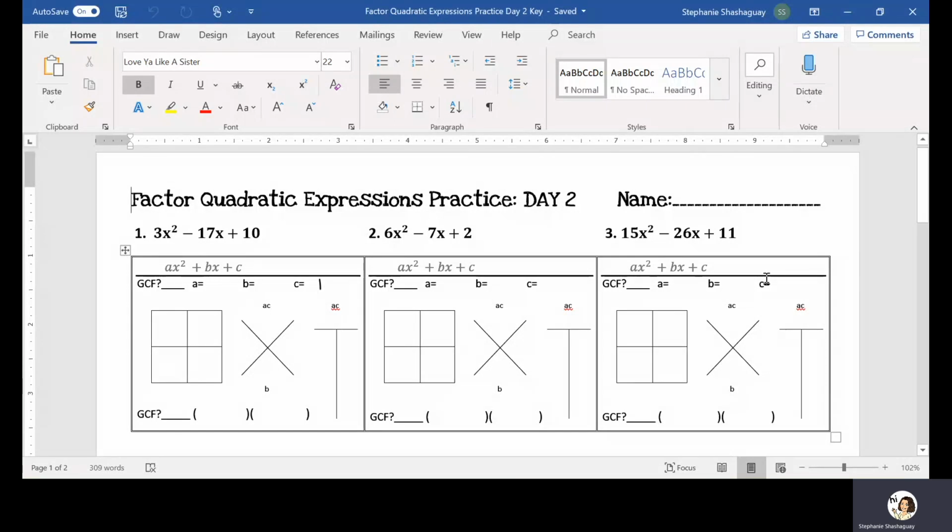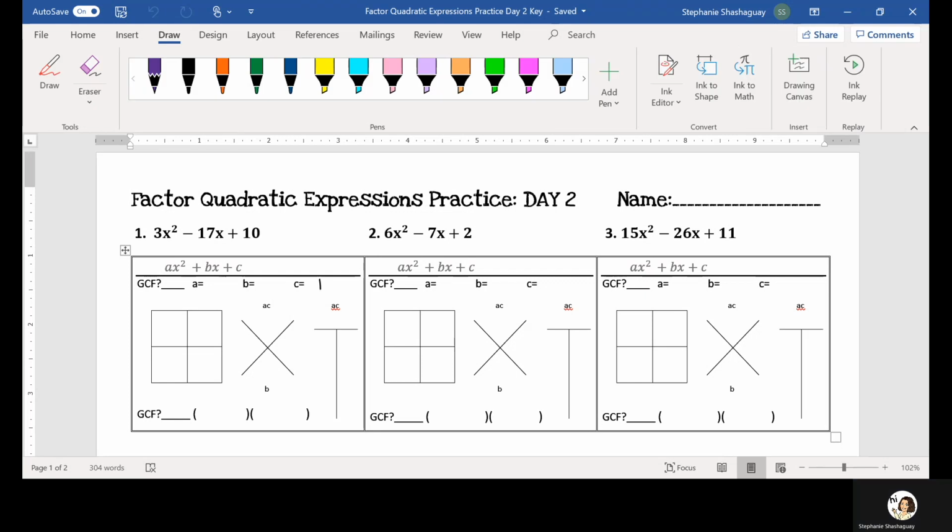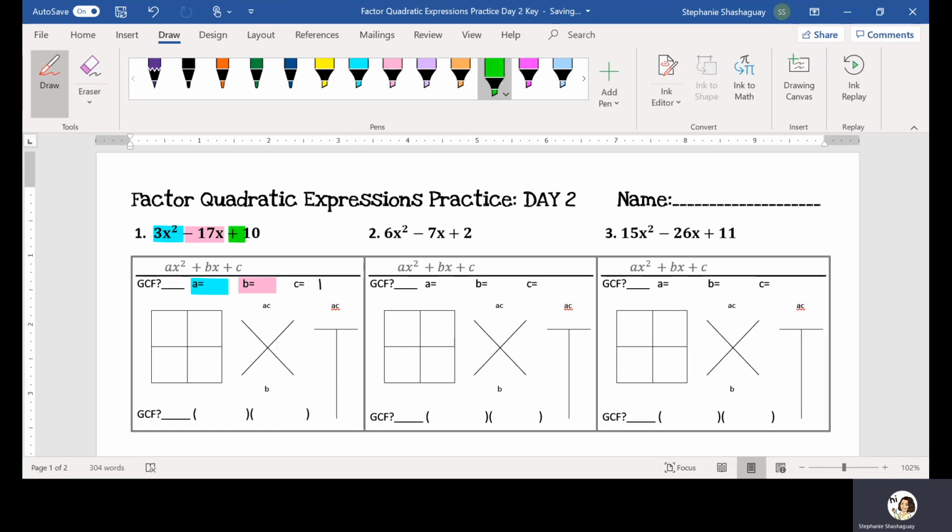Okay, so we're going to work on factoring quadratic expressions some more. So this is day 2 of our practice. We're given 3x squared minus 17x plus 10. I have my a term, my b term, and my c term. And now that I've identified those three terms,